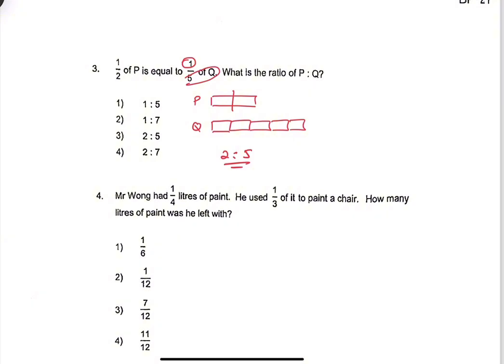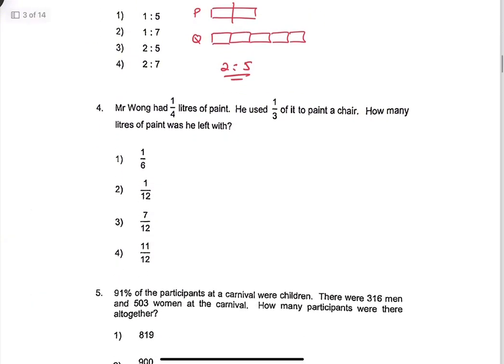Next, question 4. Okay, Mr. Wong had 1/4 liters of paint. This one is fraction, but the fraction is related to liters, so these are not units. We are not drawing this as units. So 1/4 liter is the same as 0.25 liters. Is also equivalent to 250 ml. So it says he used 1 unit of it. There's 3 units. Okay, it refers to the paint. So that means he has 3 units. He used 1 to paint the chair. This will be the left. And for this is actually a 1/4